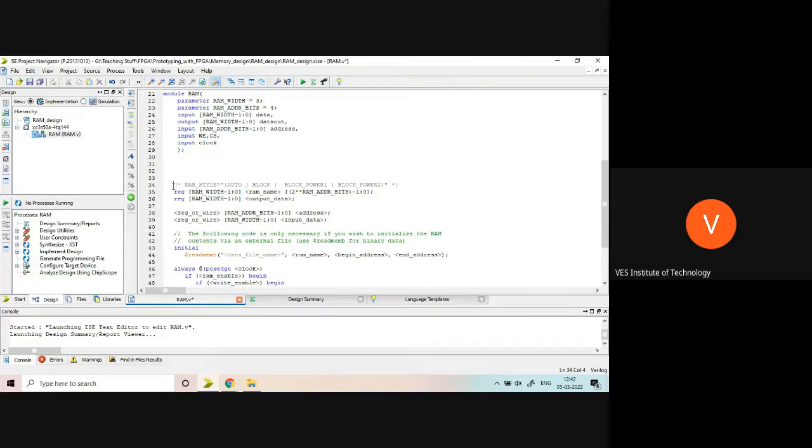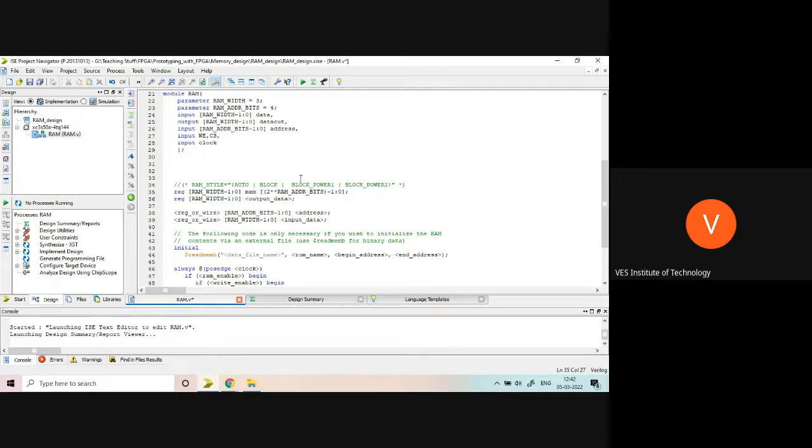This statement, if you don't write, that is also fine. For this, it is not required. Okay. So now we are declaring memory. So memory here you just have to write the name. So the memory will get created, and the size of that memory will be 3-bit data width, and there will be 16 locations, 2 to the power RAM address bits.